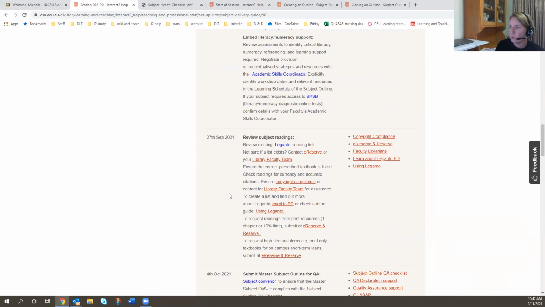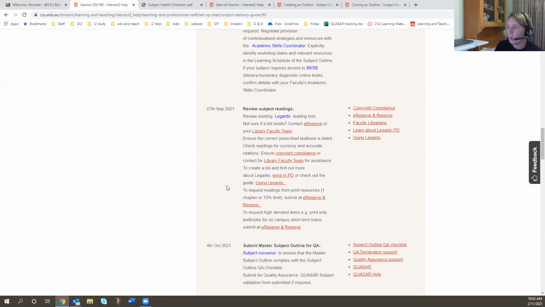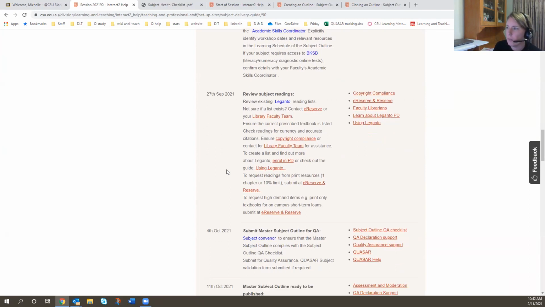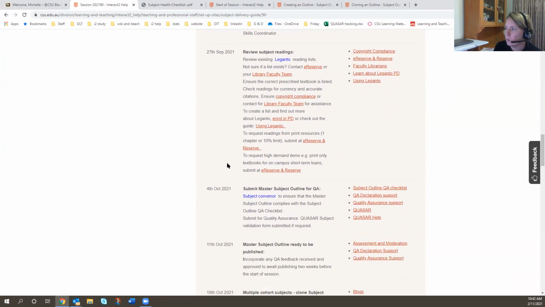The dates that are included within the guide are guidelines, and they can be adjusted. It might be that your school or faculty has a different date, but certainly the activities that are within the guide, even if your school requires you to do a week later or a week earlier, these activities are things that are really important for you to do and have a look at. And in some cases, for example, if you know that you updated your readings last year, you might be perfectly fine and you might decide that this week you don't need to update your readings.